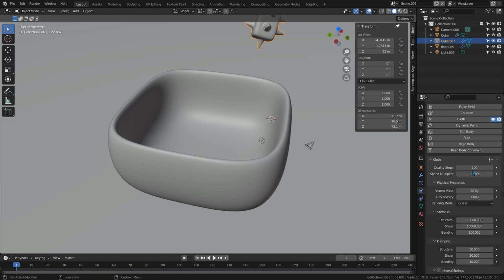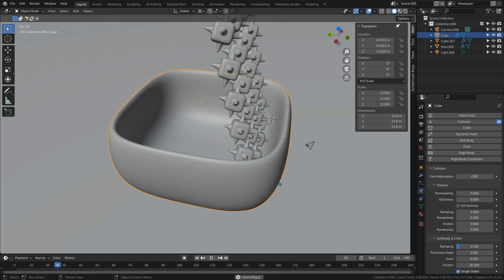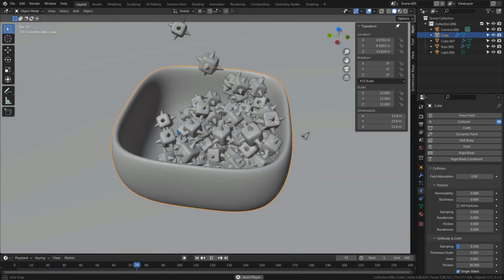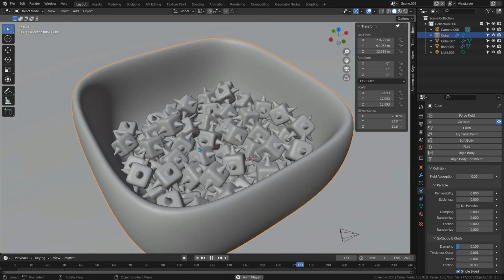Now this is going to take a little bit longer to simulate. It's probably going to take somewhere around an hour. So I'll set that running and come back when it's done. Okay, that's done. Let's just press play and have a look. And that looks great. But in order to change some other properties like subdivision surface modifier levels and even materials,